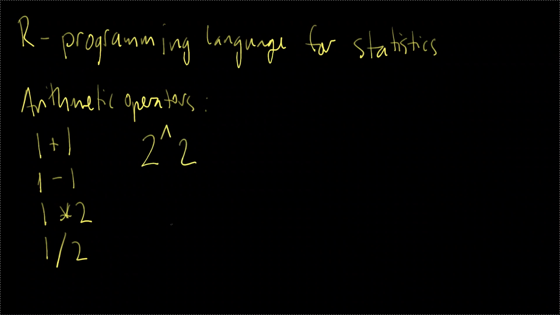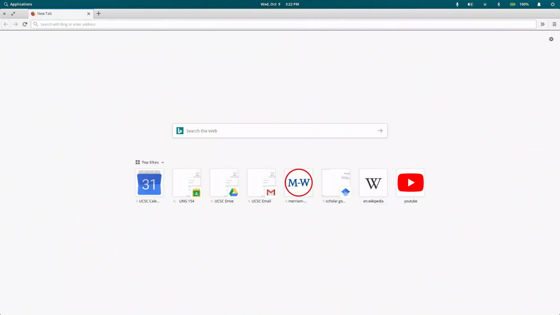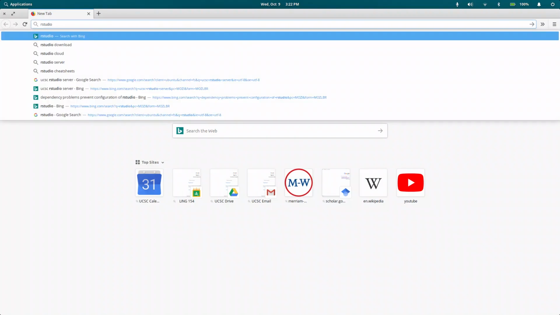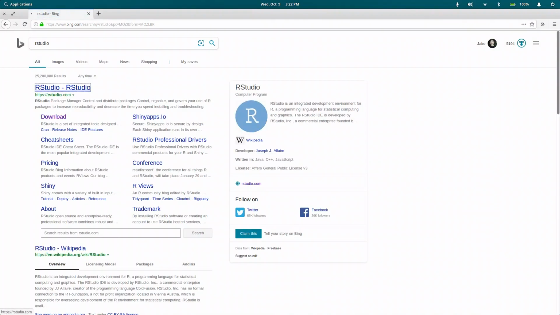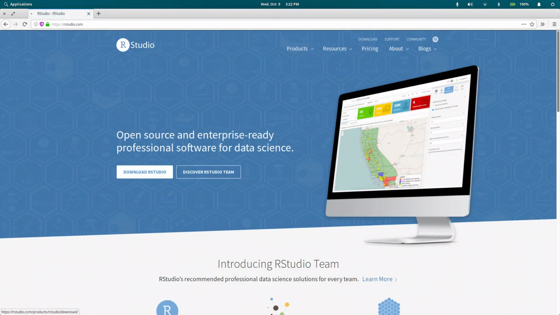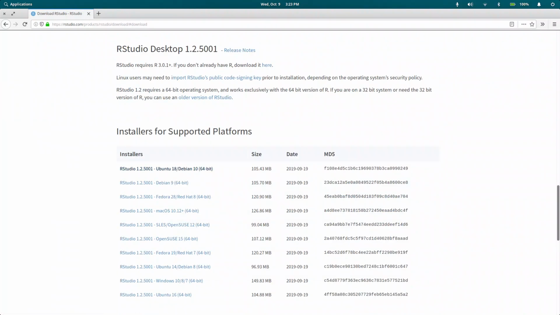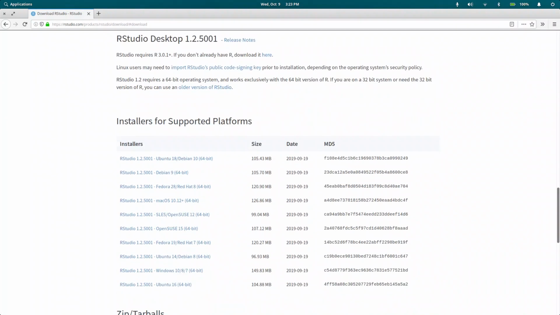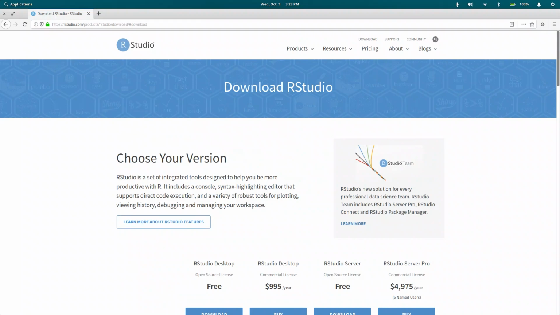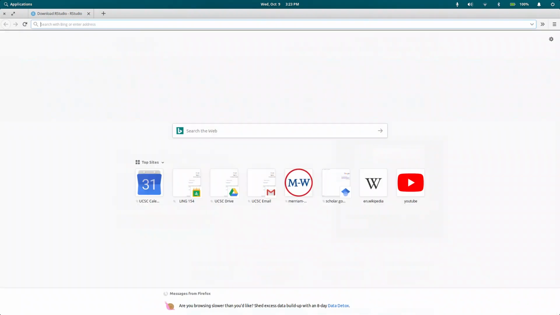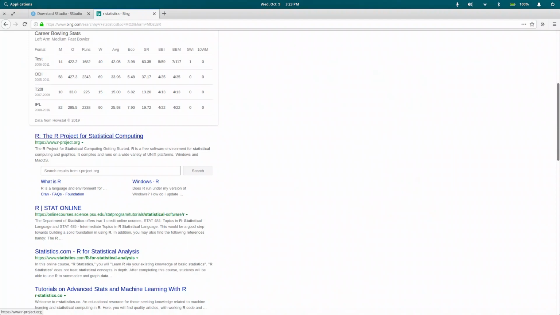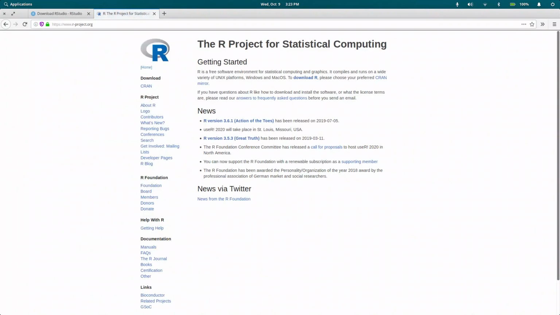So let's go ahead and actually start doing some of that stuff in R. Okay, so there are 2 different ways that you can use R or run R code. One way is by installing R and RStudio on your computer. So you can get RStudio at rstudio.com, go to download, and the version you'll want to choose is the free version. And then pick whichever one corresponds to your operating system. RStudio is basically just a really fancy editor for using R, and you'll also need to install R, the programming language, on your computer, which is at